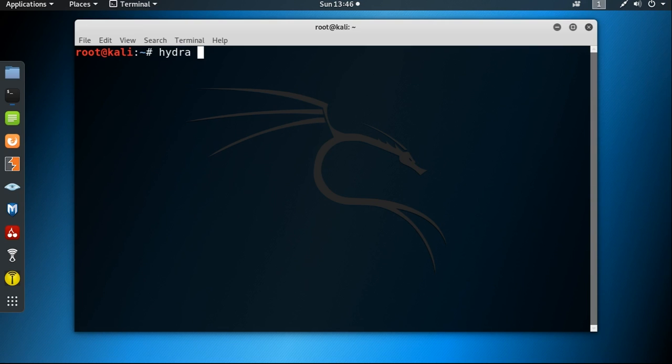So Hydra, dash l VIOS, this is the user name, then dash capital P and provide the dictionary, an IP address, and the service name.